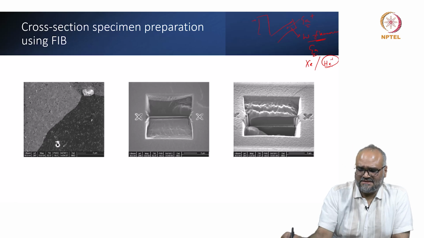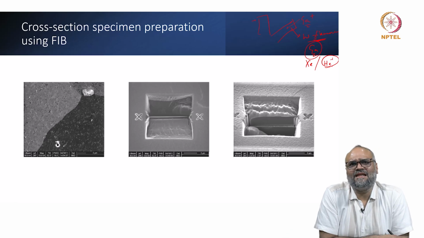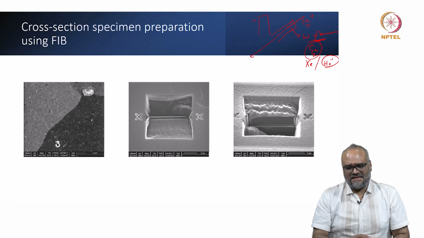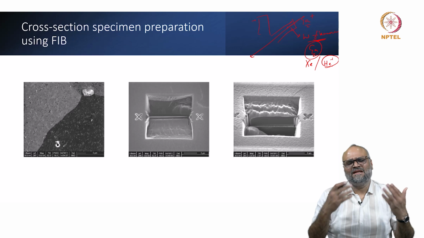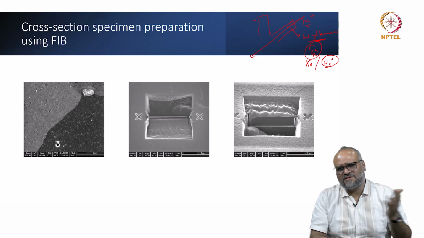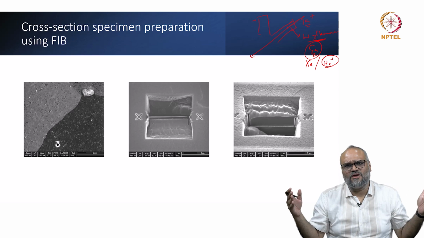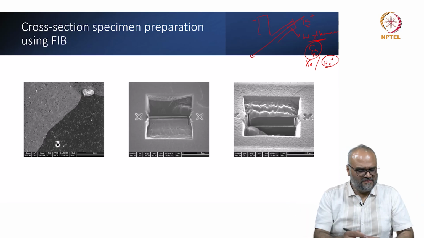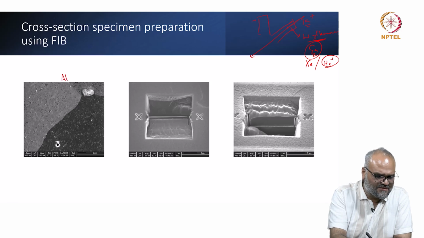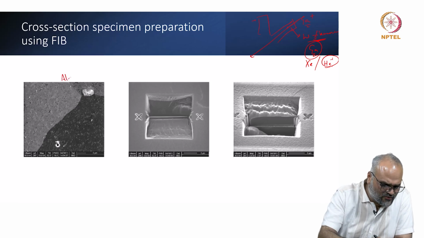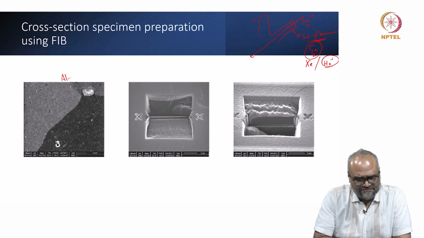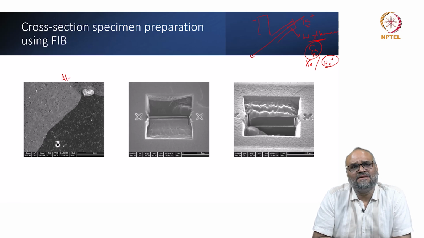So the idea is, the momentum of heavy gallium ions which are accelerated in this direction, they are focused into a small probe. So in an SEM, it is a raster based technique, so you have to converge the electron beam to a probe. You find your area of interest. So if this is my area of interest, this is from an aluminum sample, I can remove one of the top layers with a gallium ion beam. You typically call this ion etching. You might or might not want to do this depending on the kind of specimen you are preparing, and